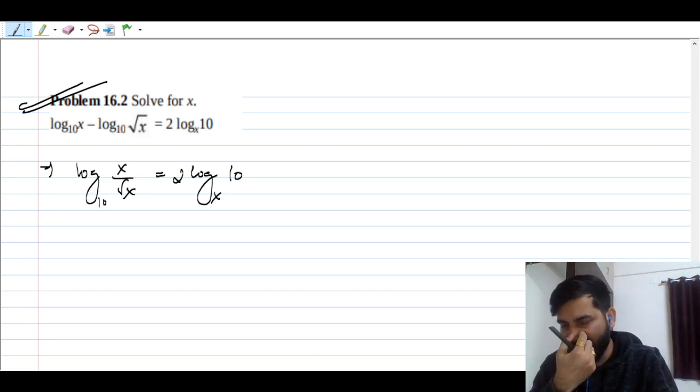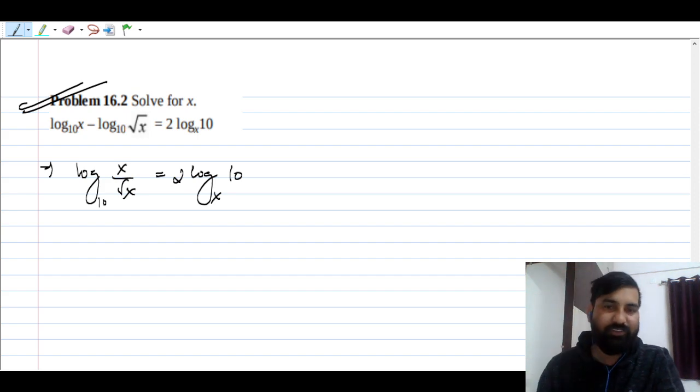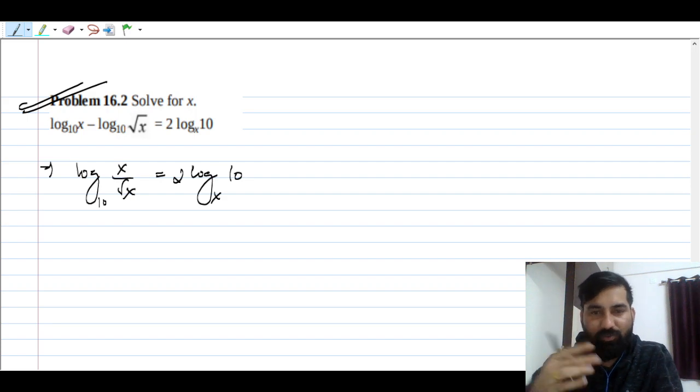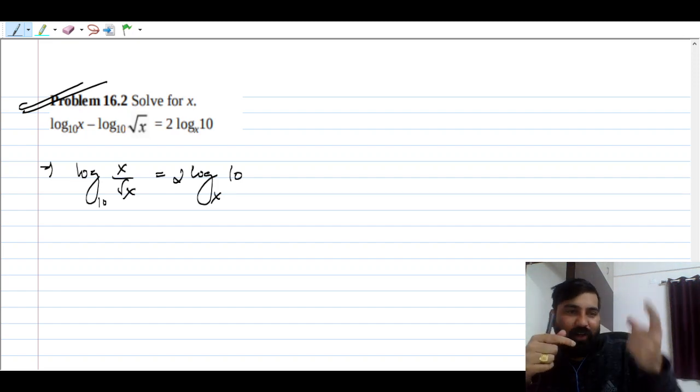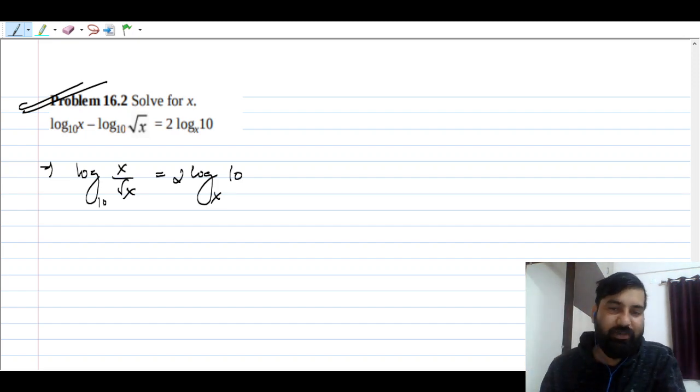You need the same base, so log x should be written as, if you interchange 10 and x, it becomes the inverse, so 1 by log x base 10, that becomes a very simple situation,